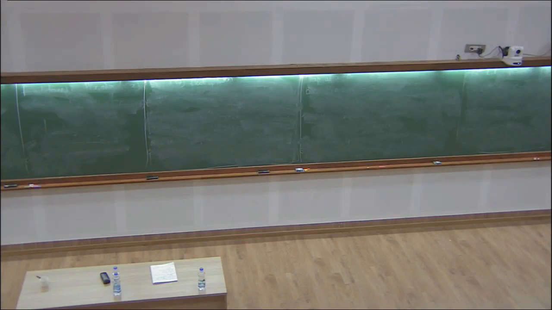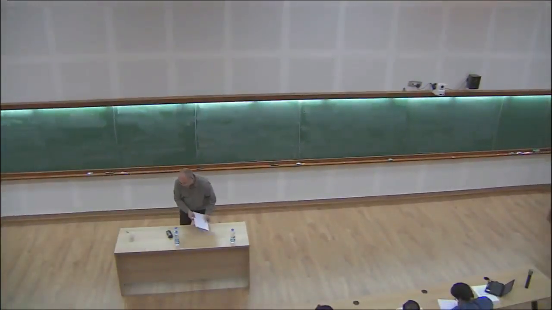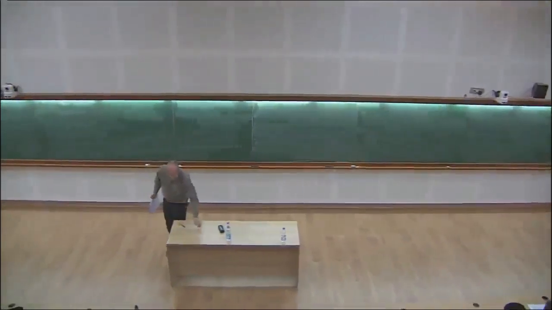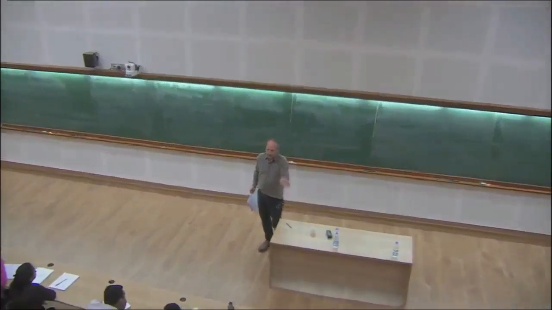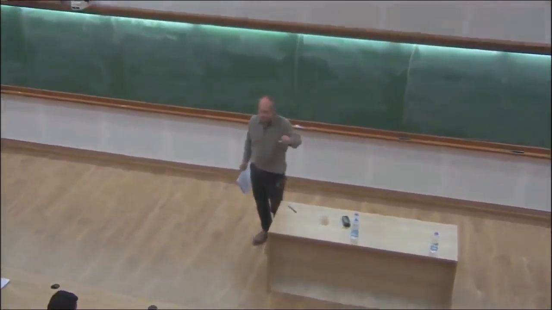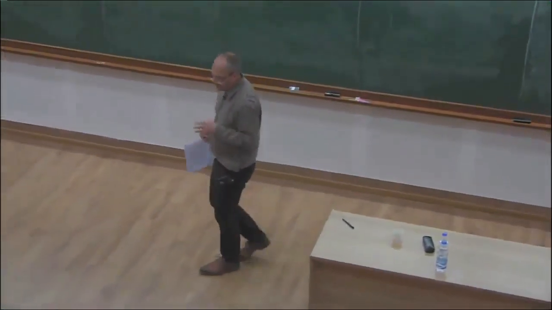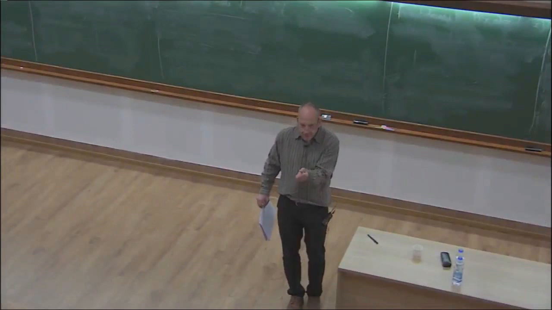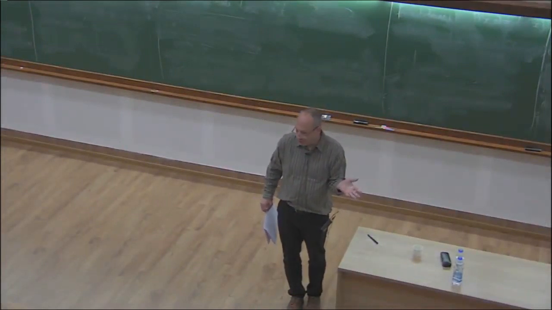Right, let's continue with diffusive processes. I want to talk about a slightly different situation now. If I'm at home, back in Edinburgh, in my house, there's a place where the keys should be by the door. When I come in the door, I should hang up the keys, and then I know where they are. But usually I get up in the morning, I go to where the keys should be on the hook, and they're not there. So what should I do? And of course, you start to look for the keys.